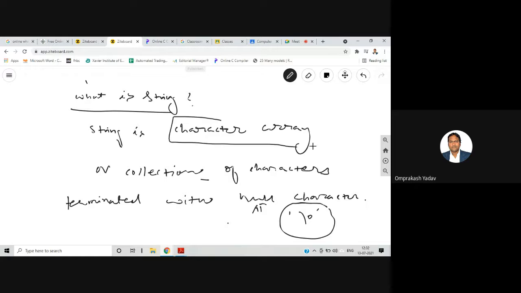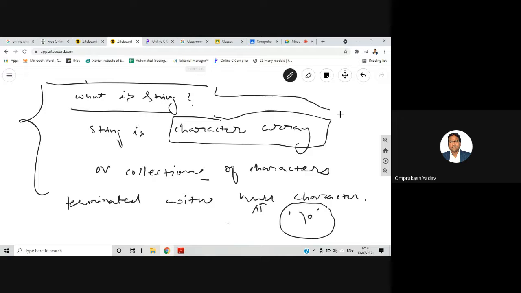Just now we saw the character array, where we can declare and store multiple characters. Is the concept of string clear to all of you? A string is nothing but a character array terminated with a null character. Okay. Now what we will do?